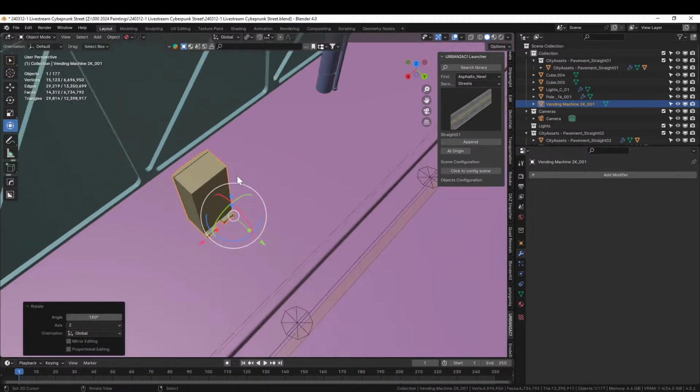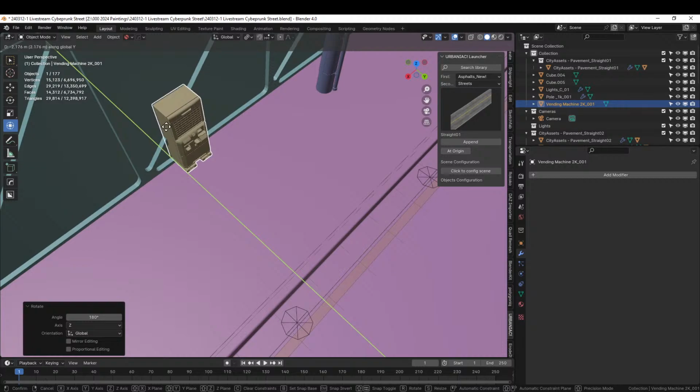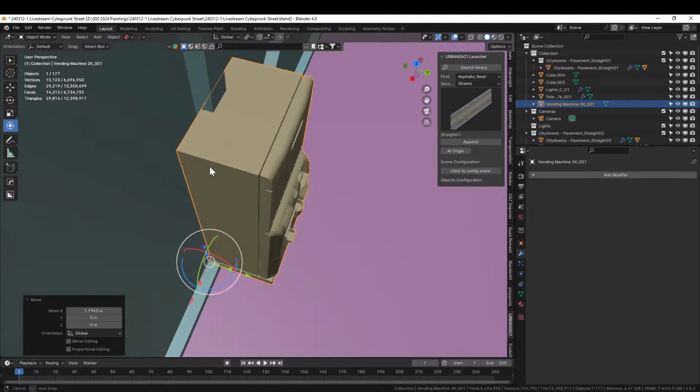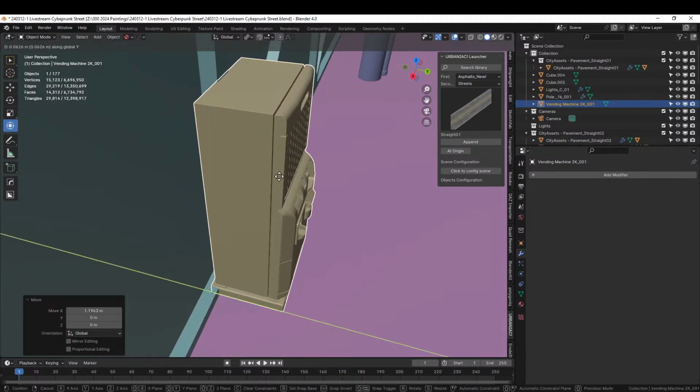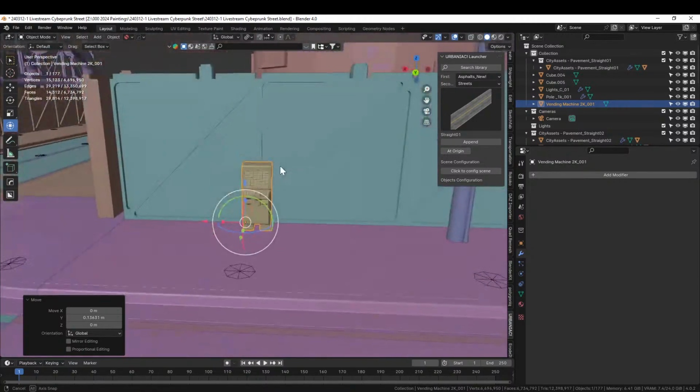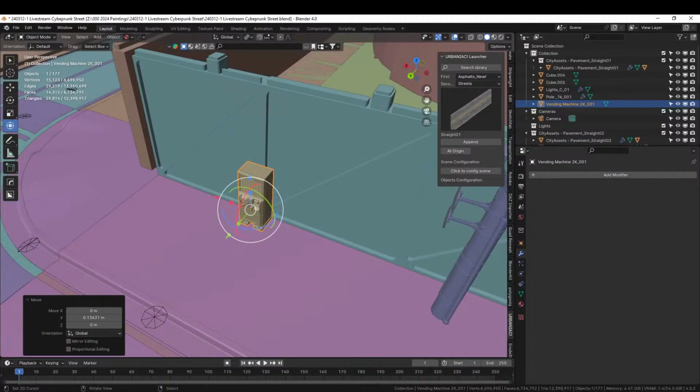Actually, normally they're up against a wall, aren't they? Cool. And Ian's got some good vending machines too. We could use those if we wanted to. I don't know why there's a sign for 2 here, but